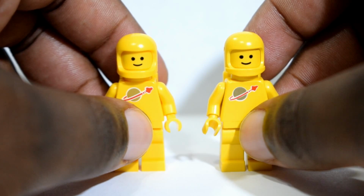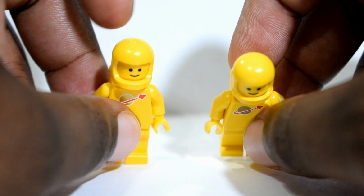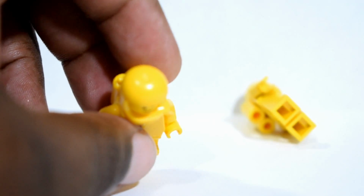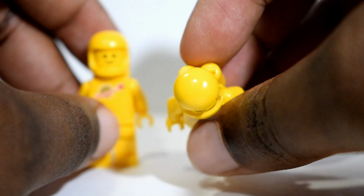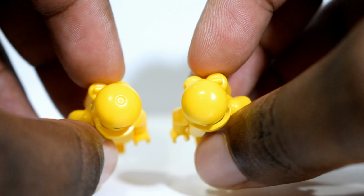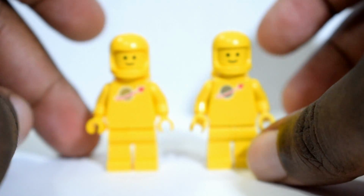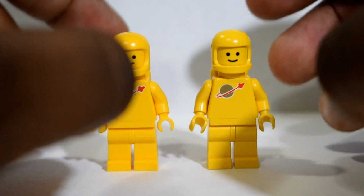The first big difference I noticed was at the top of the helmet. On the newer ones they had that little indenture in the middle. It's kind of hard to show you with the reflectiveness, but let me see if I can get this a little closer. There you can see that it has the indention on the top of the helmet, and you can see the older one does not have that same indention. So I'm not really sure what the practical reason for that is. In fact, I think there probably is not one, but it does certainly help with distinguishing between the old helmet